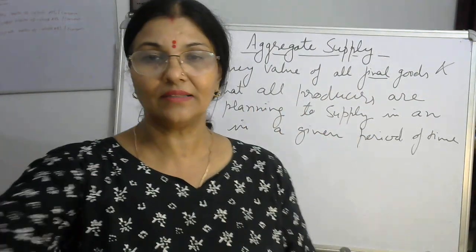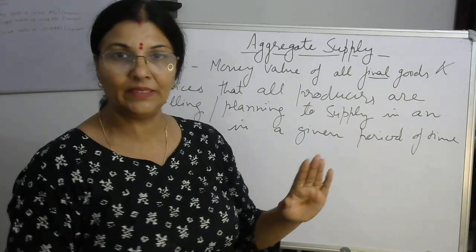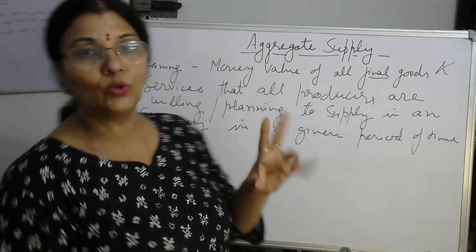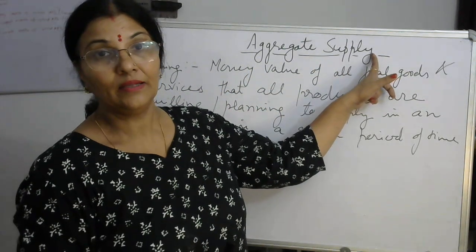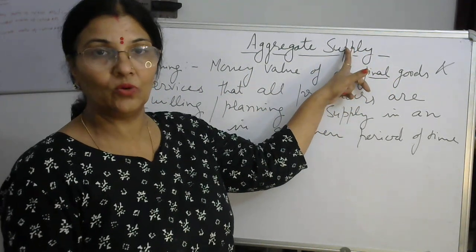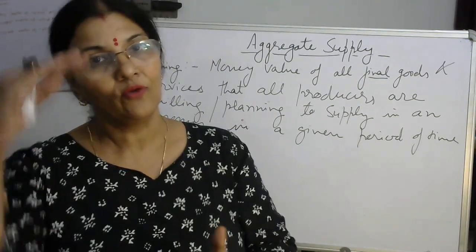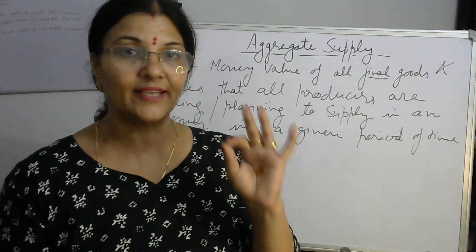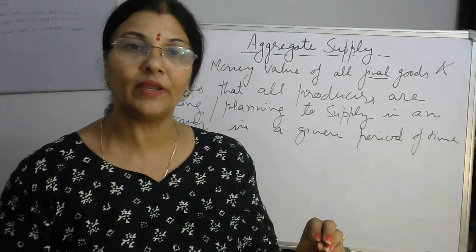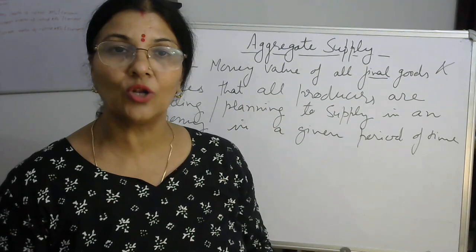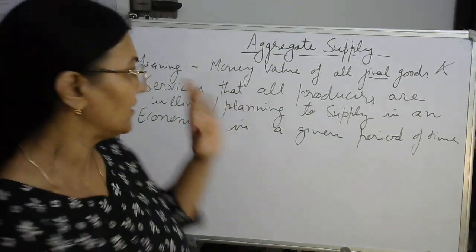So I will start the class today with aggregate supply. As aggregate demand I completed, the second tool to determine the income and output level is aggregate supply, right. Through AD and AS, as I explained to you, we are supposed to determine the level of income, whether it is rising, falling or not changing. AD I explained to you, what it means, the diagrammatic presentation and tabular presentation of AD, and the two components of AD as per the Keynesian approach.